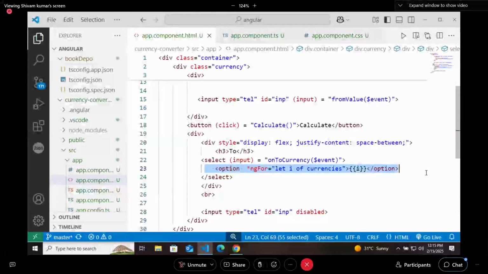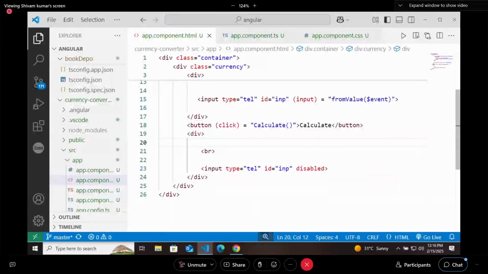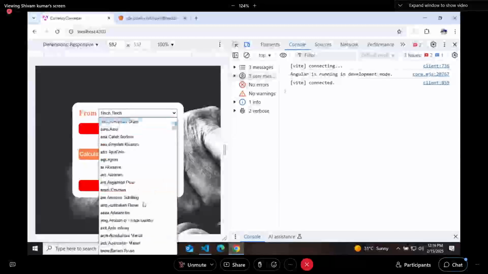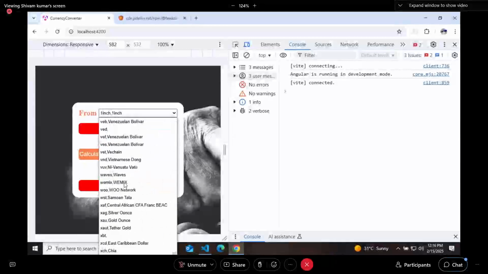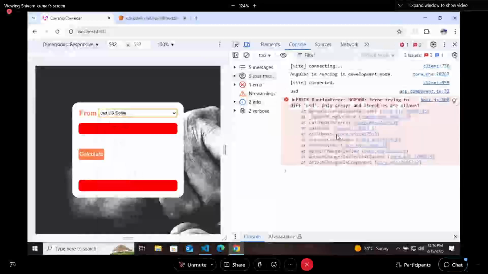In the to section. For now, what I will do is remove this entire div and go back, select the US dollar. See, using an API is not a big deal. Again, it is throwing an error.